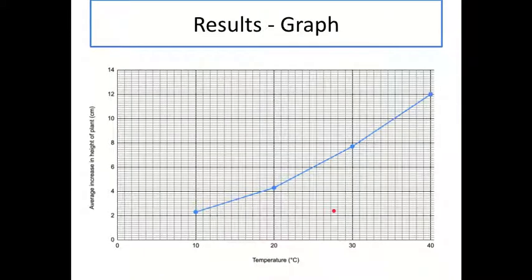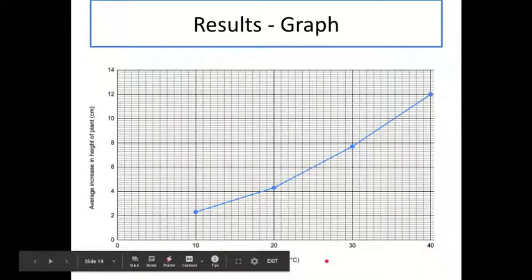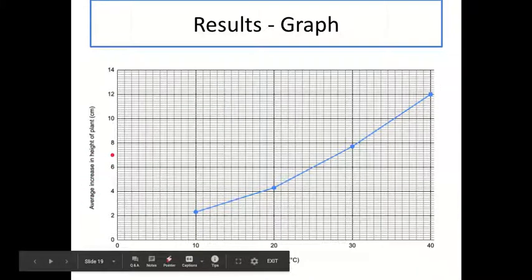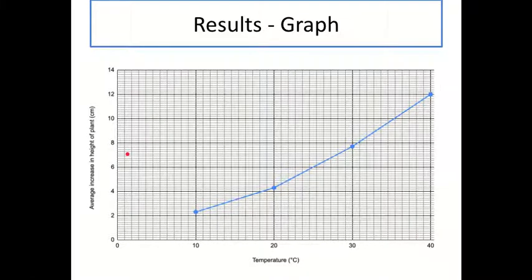So if I were to plot the results of our example experiment, this is what it would look like. So this is the average results plotted. The x-axis has our independent variable, which is temperature, and also includes units in the label, so degrees C, and goes up in tens along the bottom, so 0, 10, 20, 30, 40. On the y-axis up here is our dependent variable, so the one we're measuring, and we're plotting the average results, so it reads average increase in height of the plant, and again we're using units, so centimetres is in brackets here. For this axis, it's best to go up in 2s, and this allows us to accurately plot the points